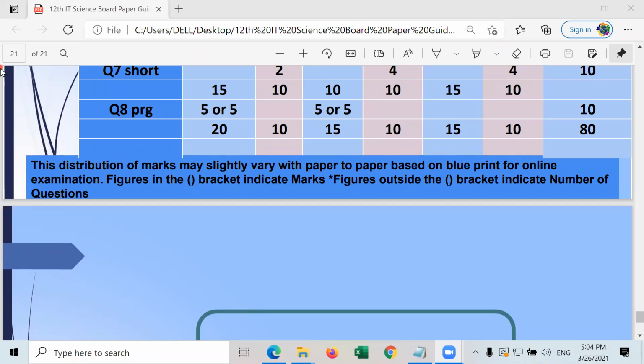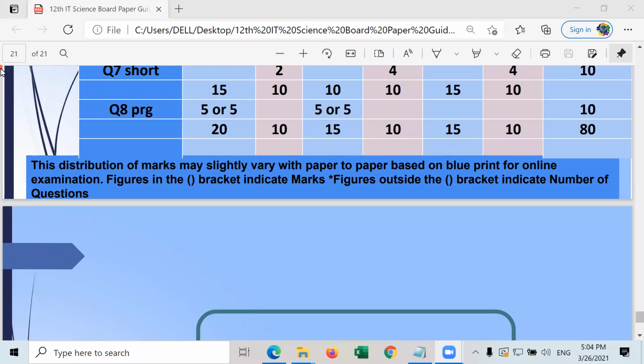Sir, this year they were giving half an hour extra for every subject. So is this 2 hours 30 minutes including the extra time? We have not got any intimation from the board yet. So we will let you know. There's time for that. But believe me, 2.5 hours is more than sufficient.